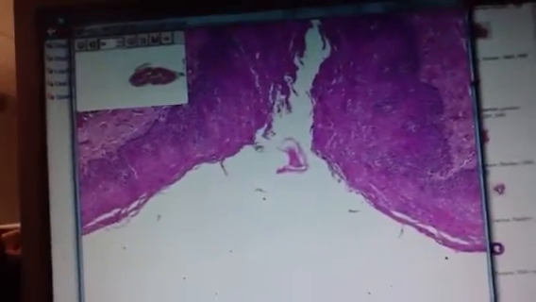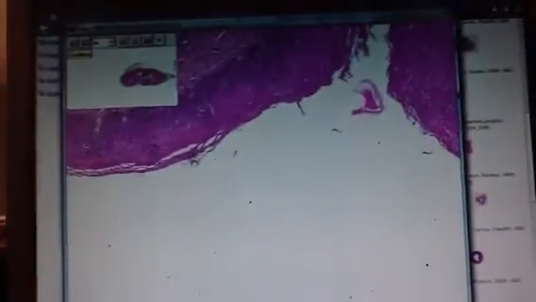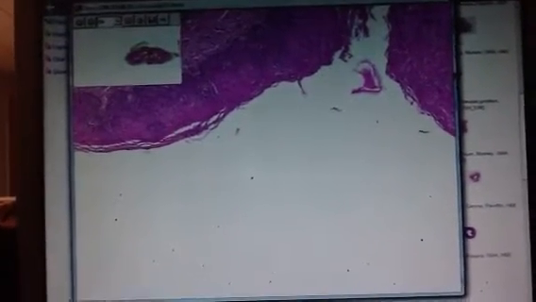What's the shape of the outermost layer of the cell? Squamous. There's nuclei to the surface. That means it's a squamous, non-keratinized epithelium. Okay? Versus